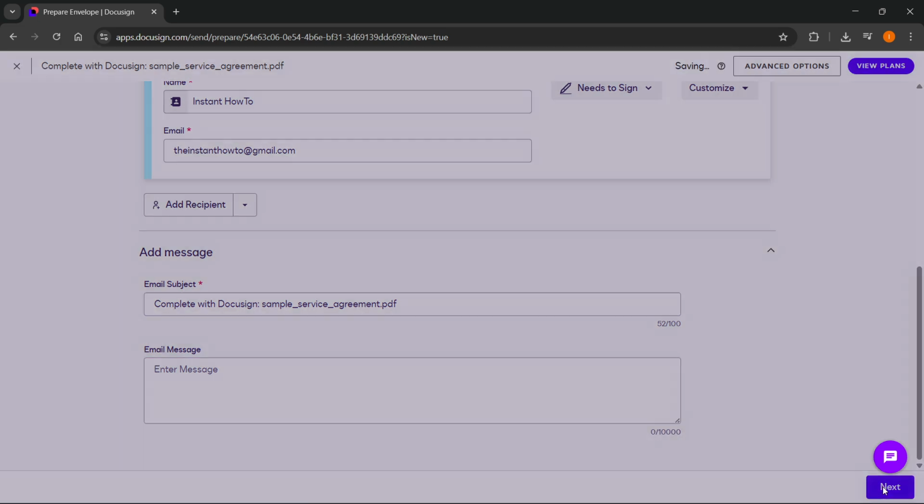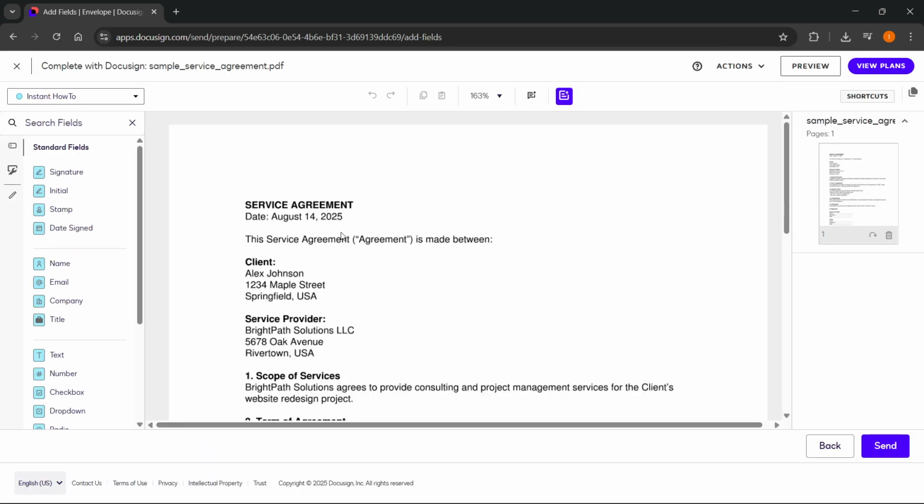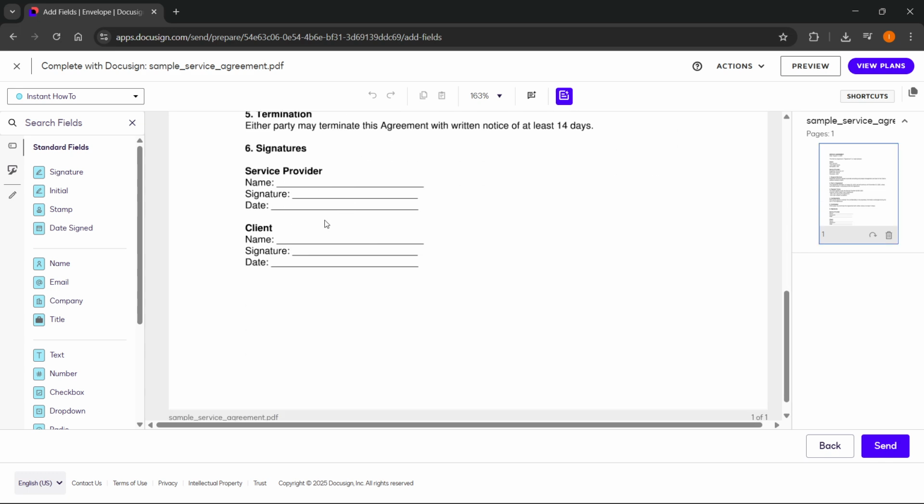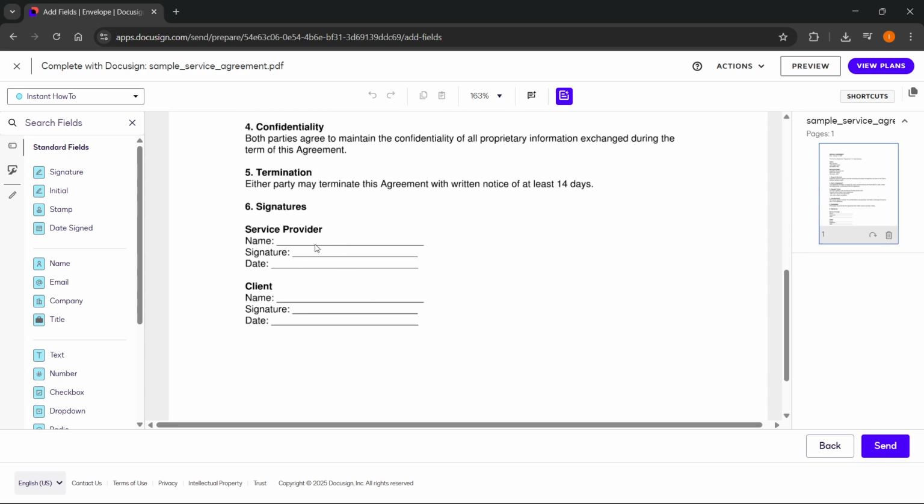After that, click on next, and then in here you will see your document inside Docusign. You want to scroll down to where there are fields for signatures and stuff like that, and you simply have to drag and drop different fields from the left hand menu inside standard fields over here. So for example, where there's the name, you want to look for the name, drag and drop it over here,